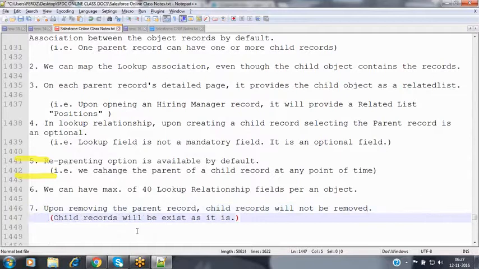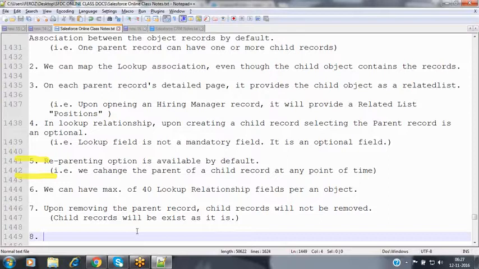In that lookup relationship that we have identified, whenever you delete the parent record, only the parent record gets removed, and the child record will not get removed. But you can raise a question here. If I am deleting the parent record, and the child record is holding that parent record ID inside that field, then what about this field value here?